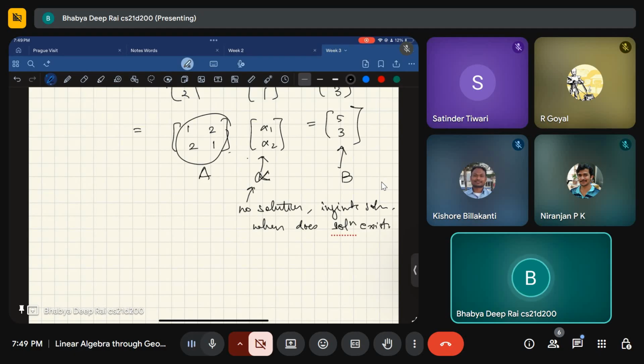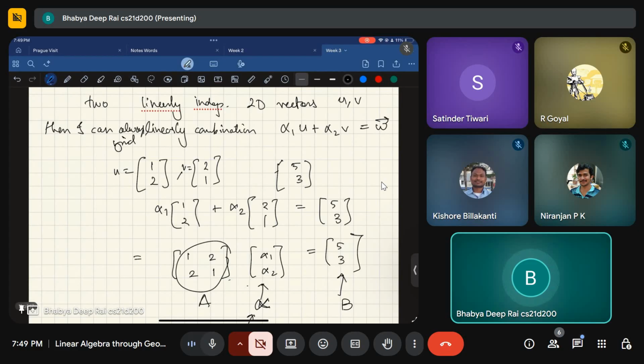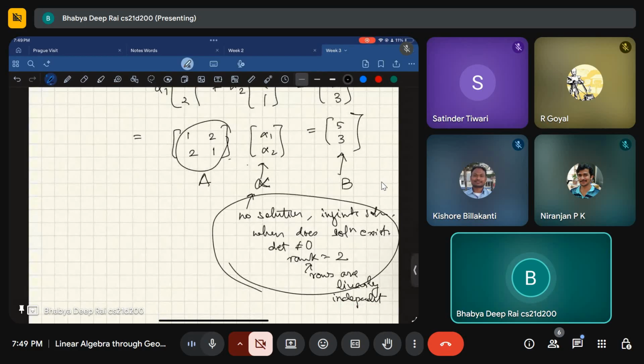There are multiple ways to say it. One thing is the determinant is not equal to 0. The other way to say it is that the rank is equal to 2, in this case. But what did we say when the rank is equal to 2? We said that the rows are linearly independent. Right, so you get it, no? The column view and row view are actually talking about somewhat the same thing. Here we have the row view to actually solve the column view of doing things.